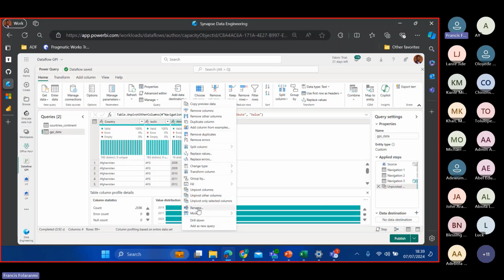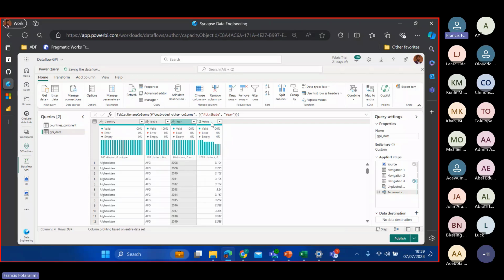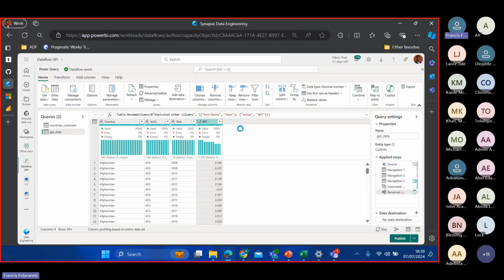And click on rename. So I can just call this one year. Then I can also rename this one also. I'll just call it the GPI, which is the Global Peace Index. Then I just click on enter on my keyboard. So that is fine. And I also want to add my continent to this data, which is the actual arrangement